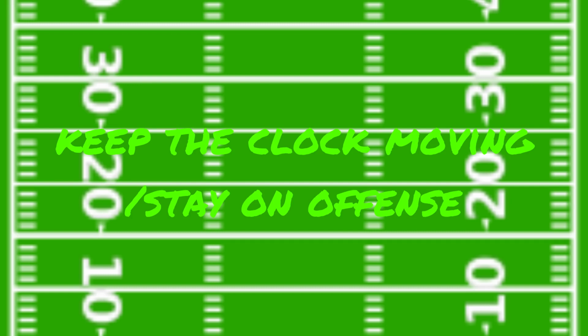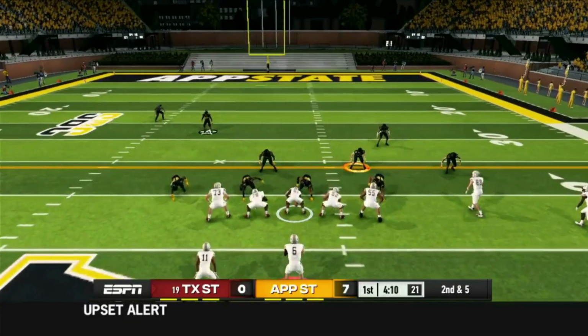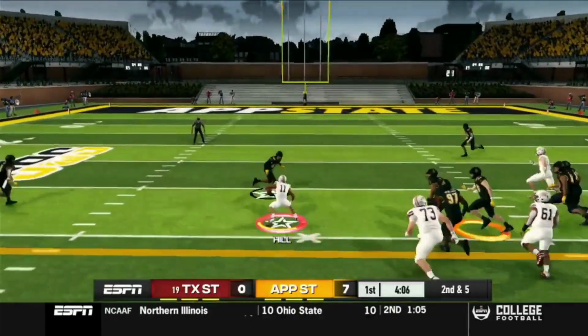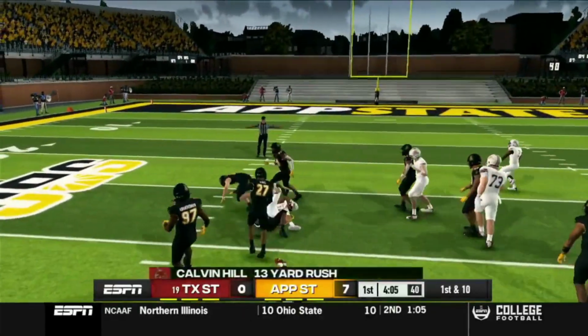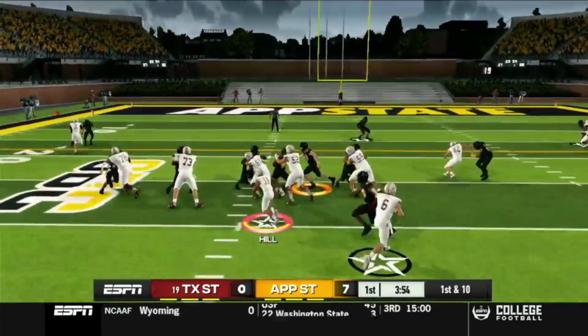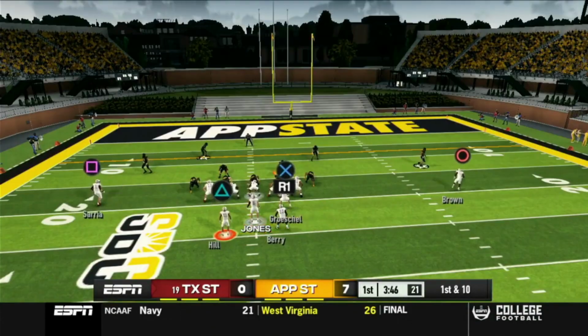The reason why you want the clock running and why you want to stay on offense is because it's going to tire out their defense, which is going to lead to making mass substitutions. And when they're moving players around on defense and you're staying on offense, that means you got more opportunities to get in that box. So obviously, in order to keep the clock moving, the best thing to do is run